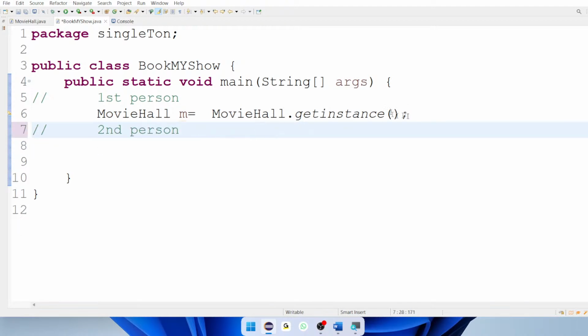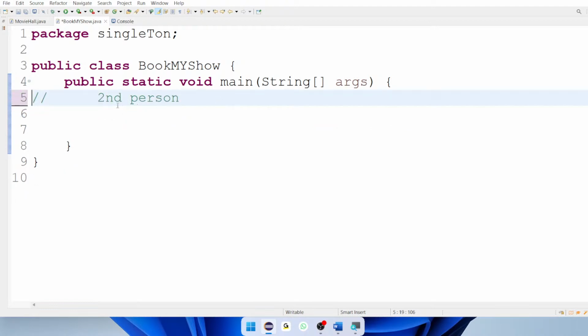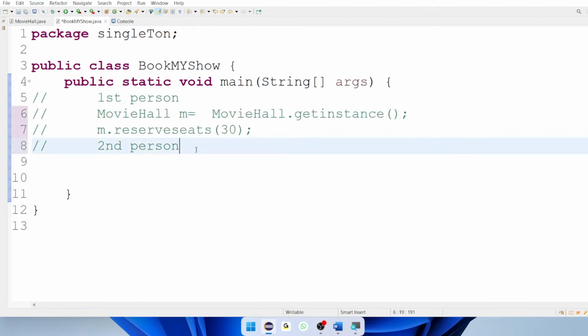This person went, guys. Okay. First person is done. Now I will create the second person. Second person came. Guys, I will comment all this. Why should I delete it? Now the second person came. He also tried to